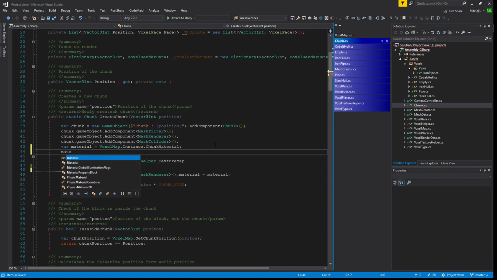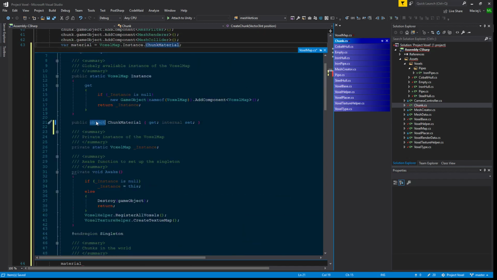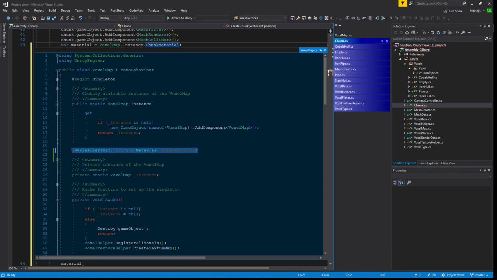And do material dot texture, main texture. Oh, it's got, okay, material, and let's make it a private serialize field, material, chunk material, like that. So this would be a field,